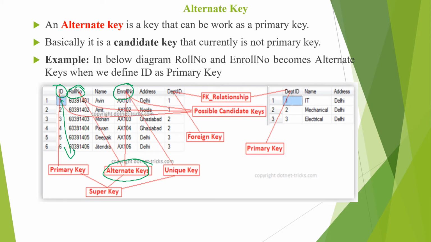Therefore the other two attributes, which can also uniquely identify the values of a table, we are going to make alternate keys. They cannot be the primary key, but an alternate key is a key that can work as a primary key. So these two will work as alternate keys. This is the meaning of alternate key.